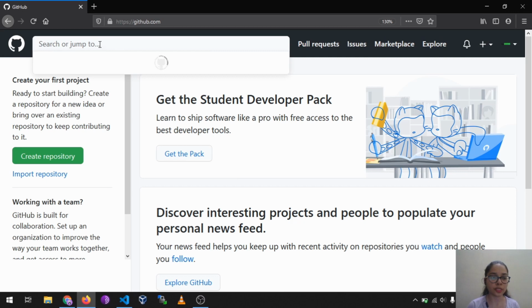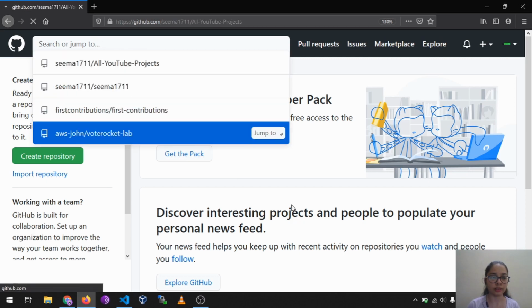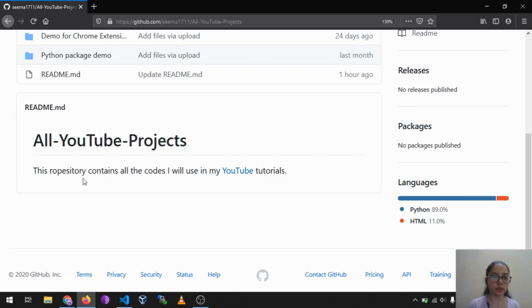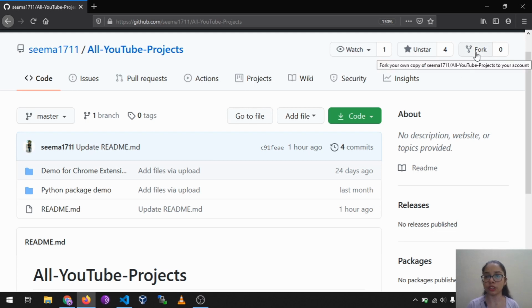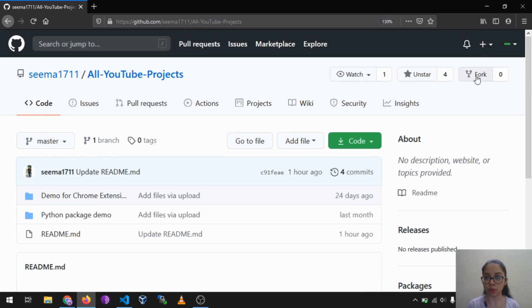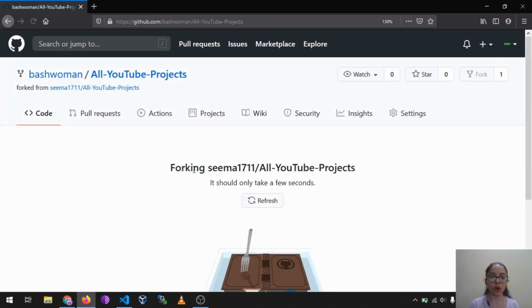I will search for this project in there, and now someone has noticed that it has a wrong spelling that he or she wants to correct. So how can he or she do it? It's pretty easy, just follow these steps. Okay, so the first step is fork the repository. Forking means copy the repository which you want to contribute to into your account. Just click this option, fork, and GitHub will fork this repository into your account.